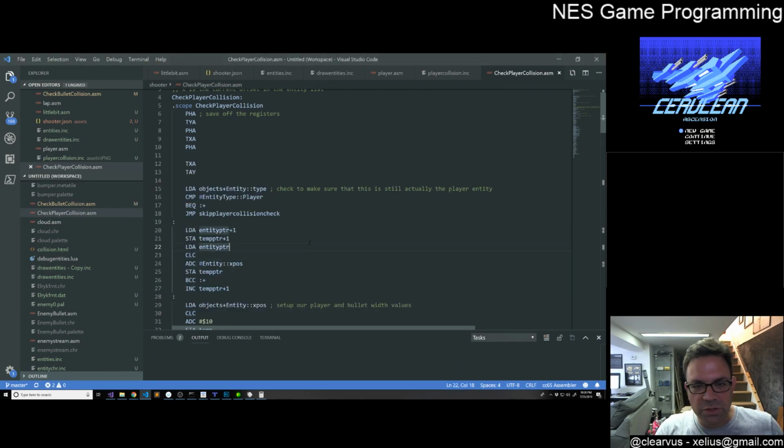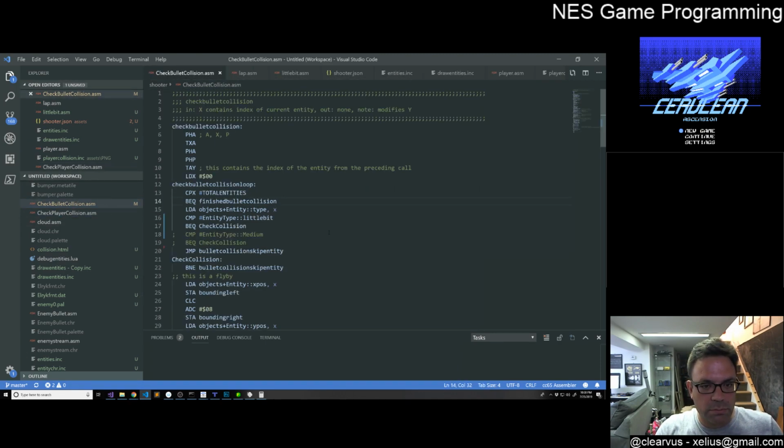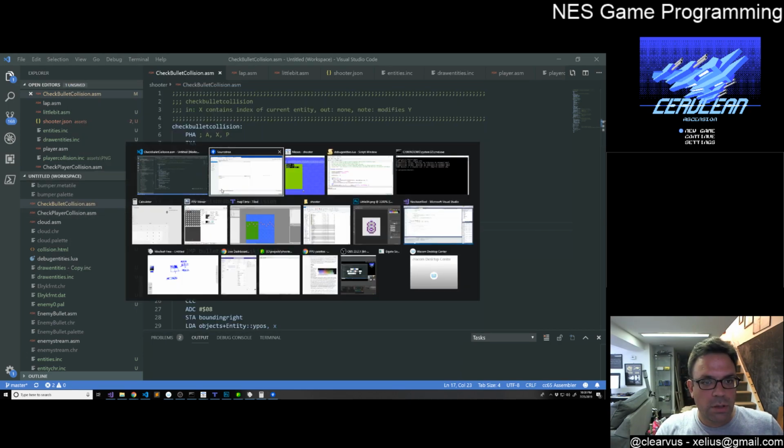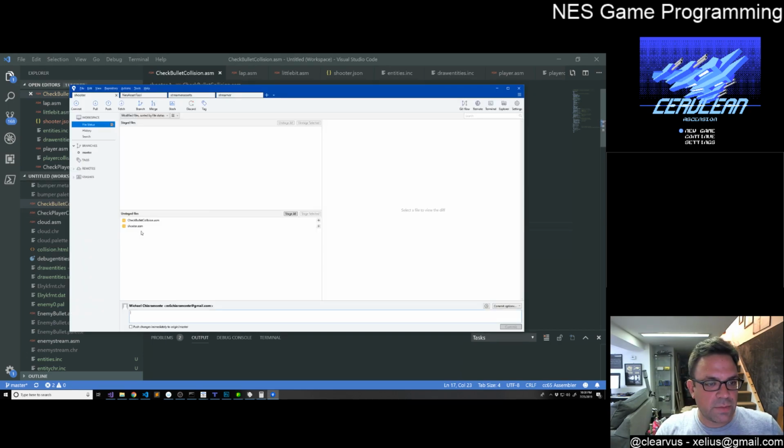I can't remember if I changed this file or not. It doesn't look like it. Check bullet collision. I changed because that was checking to see if it needed to collide with those things like the enemies. So yeah, so that's not